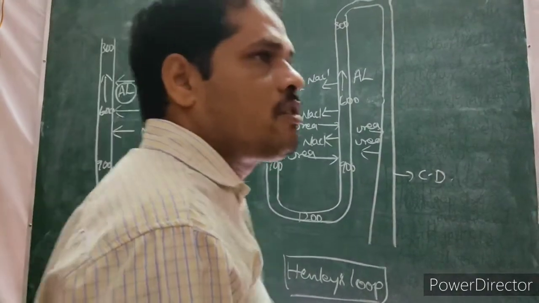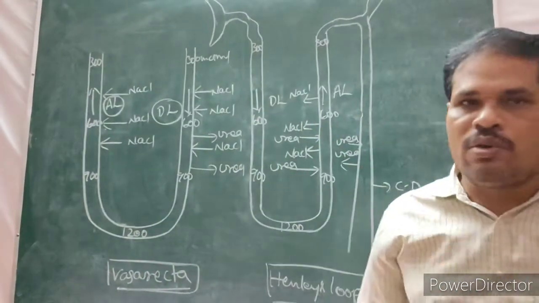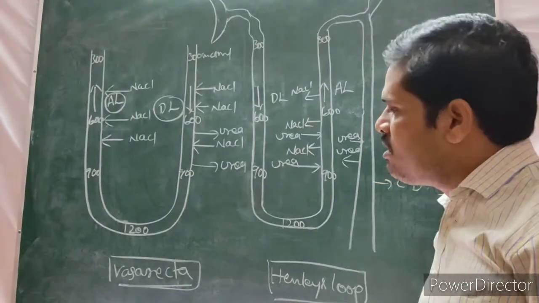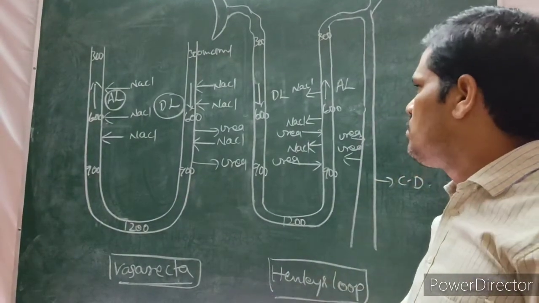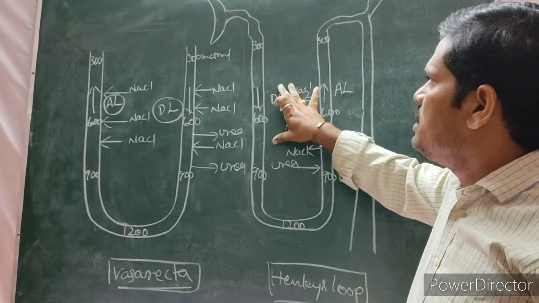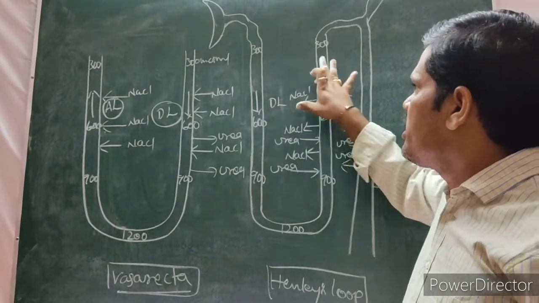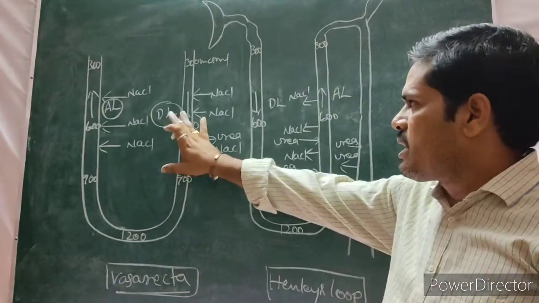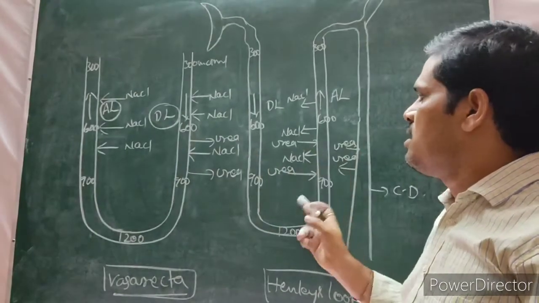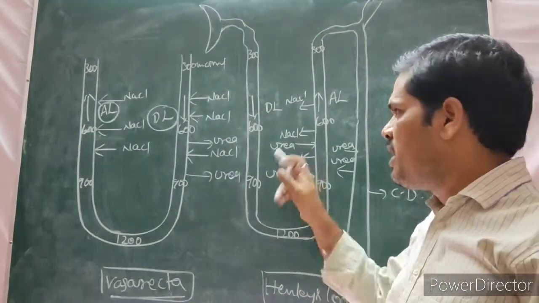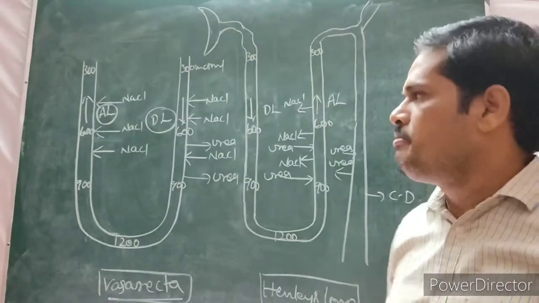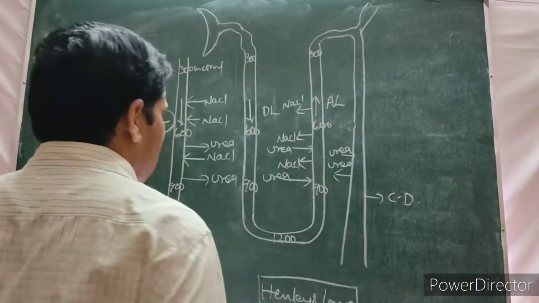So, concentration of urine is done with the help of countercurrent movements. It is done in between the vasa recta and Henle's loop. Henle's loop is present in the nephron, and the vasa recta is winding around the nephron. I mean the Henle's loop part of the nephron. Now, what is the meaning